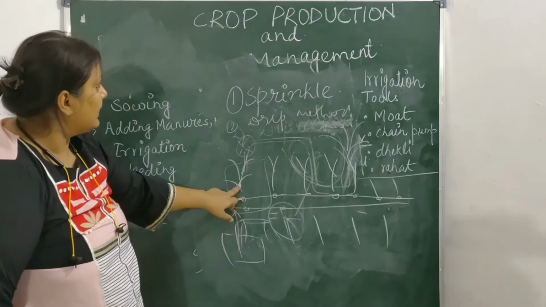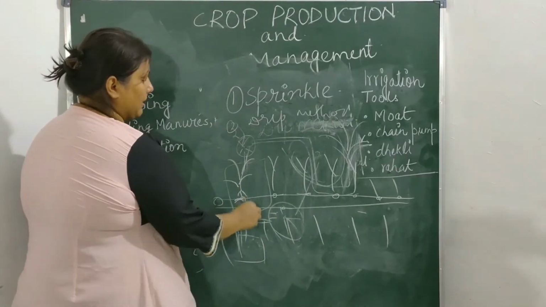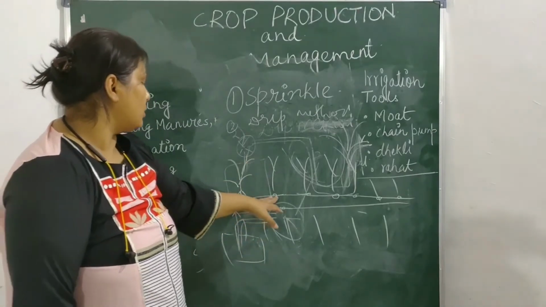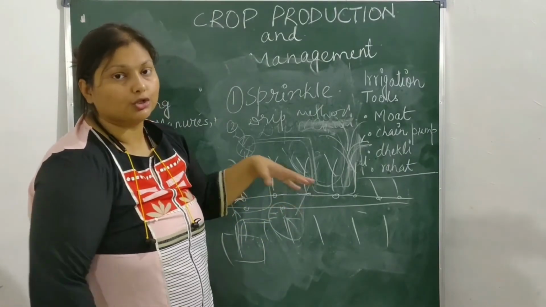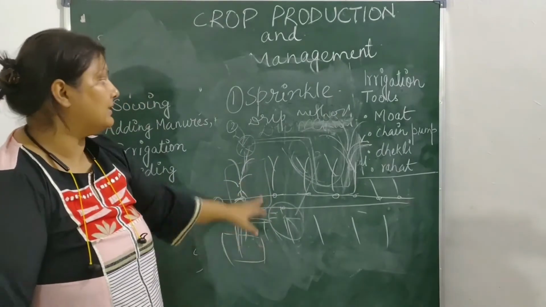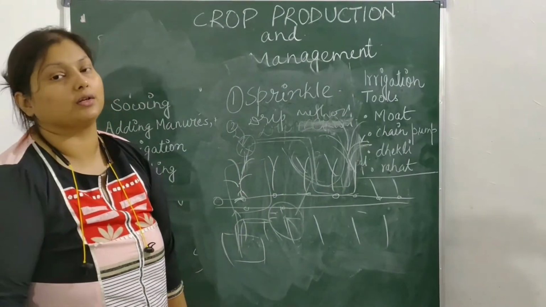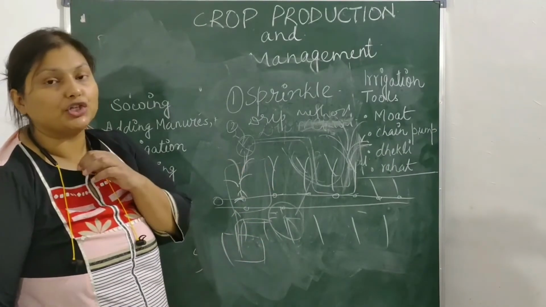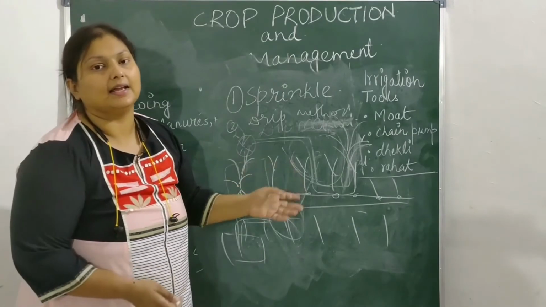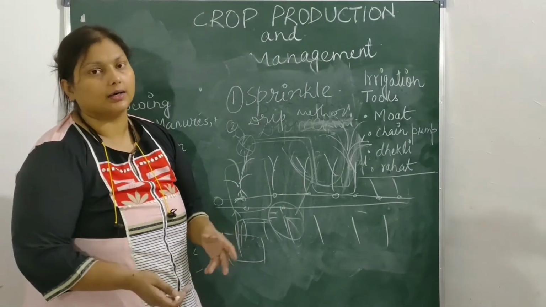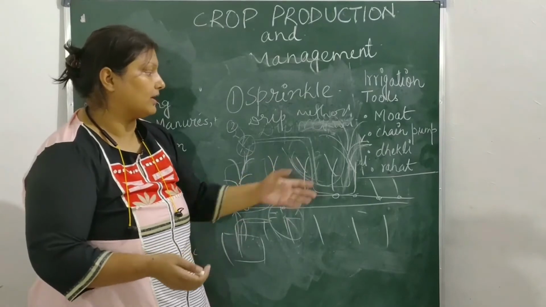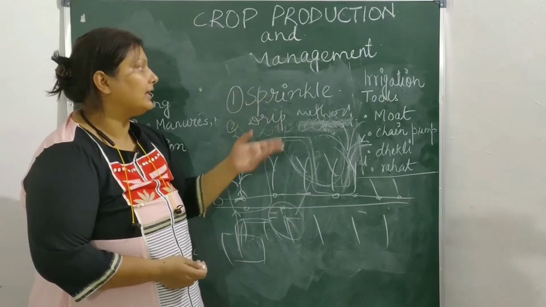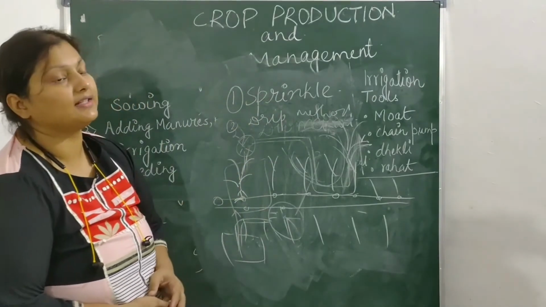These holes are near the root of the plant, and mainly the root of the plant absorbs the water. So each hole is near the root of the plant. Maximum water is absorbed in this process and there is no wastage of water. So this method is very efficient and good, where the terrestrial area is there and very little water is present. The drip method is more efficient than the sprinkler method.